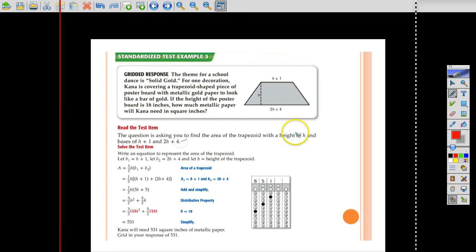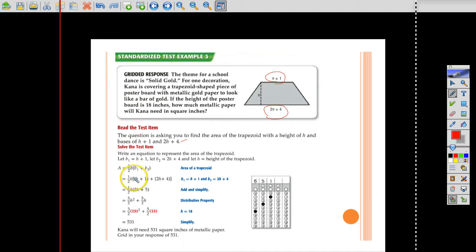The area of a trapezoid, if the height is h, is you multiply height plus 1 and 2h plus 4. Okay. And actually, you're adding. Okay, so you're adding the top plus bottom, and then you multiply 1/2 of height. So this is base 1, base 2. So 1/2 of height